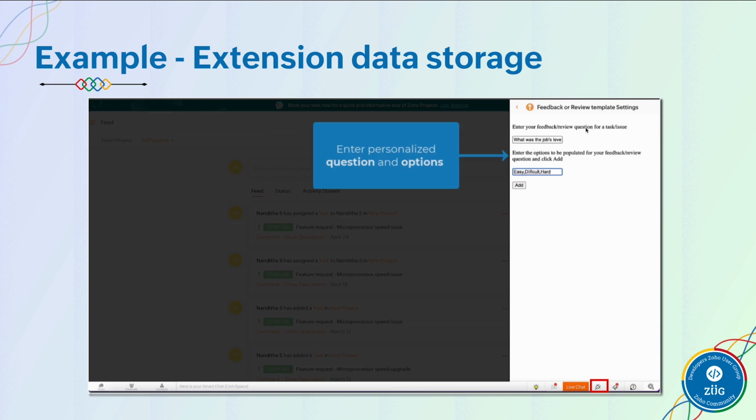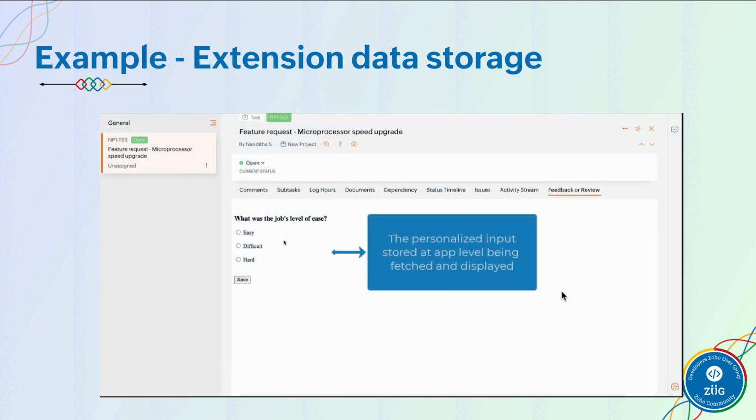So we want the feedback to be available as part of a task or issue module so that when the agent completes a task, they can go ahead and provide feedback for the task or issue, right? So using that extension level data that has been stored in your task entity, you can go ahead and retrieve that question and answer which was stored at extension level and then display it in a Q&A format in your